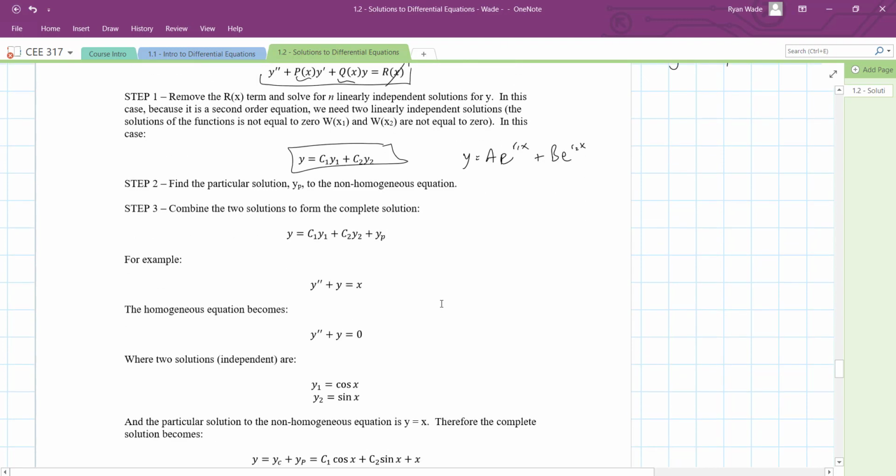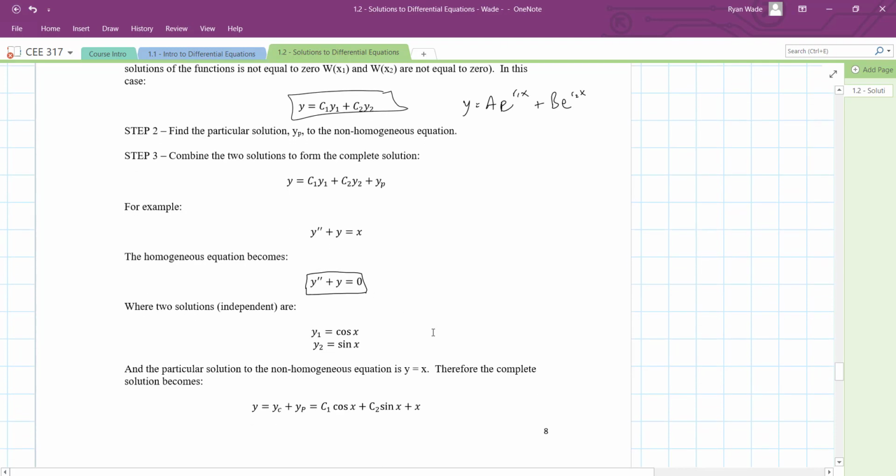So say, for example, that we're dealing with this second order differential equation. The homogeneous equation becomes this here: y double prime plus y equals 0, instead of y double prime plus y equals x. So two solutions that we could use are y1 equals cos x and y2 equals sine x. If we put that into the solution as our yc,